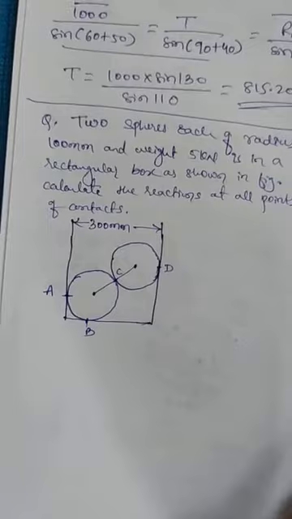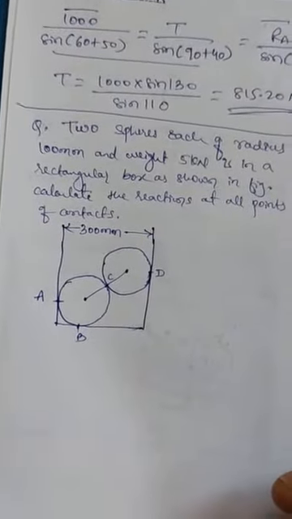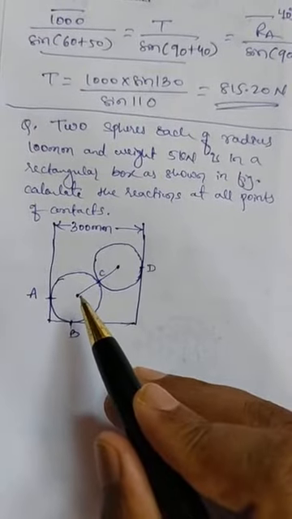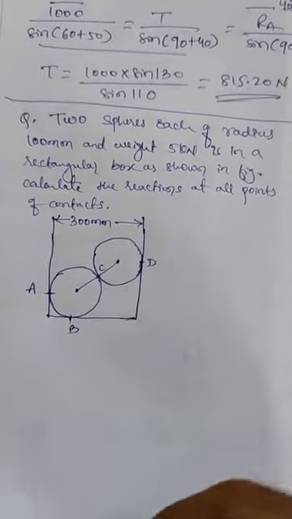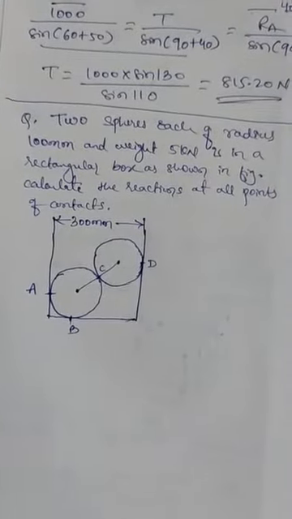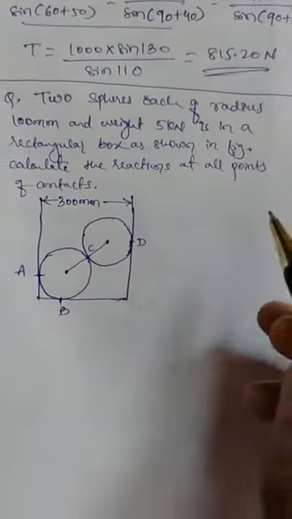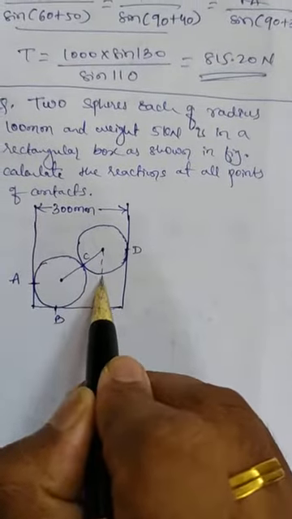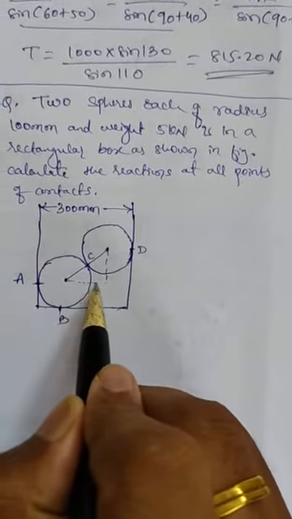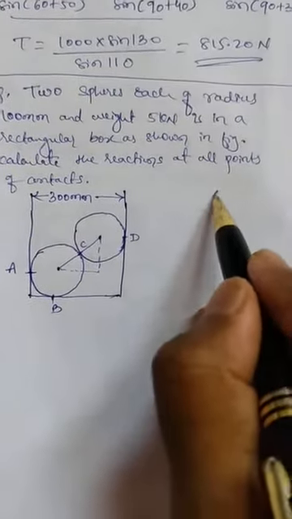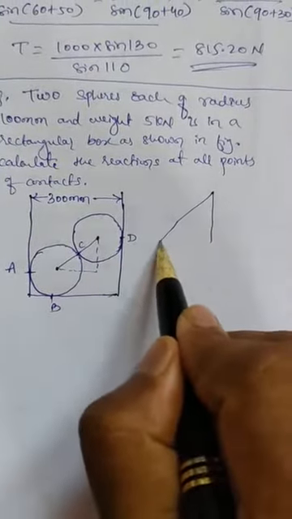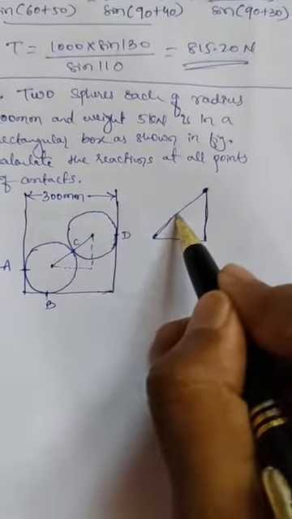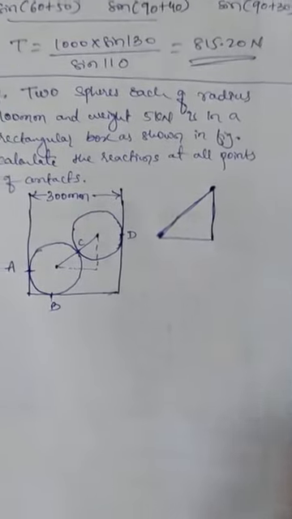Before we move ahead, let us first calculate the angle made by this line which joins the two centers of the circles. Now look here. To calculate the angle, we need to drop a perpendicular from here and join with this center. So we get a triangle. I will draw it here. This is the triangle we got, by joining the two centers of the circles.